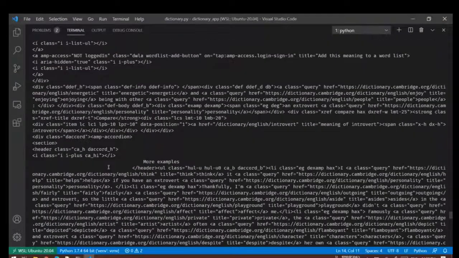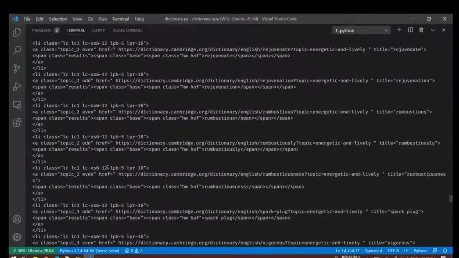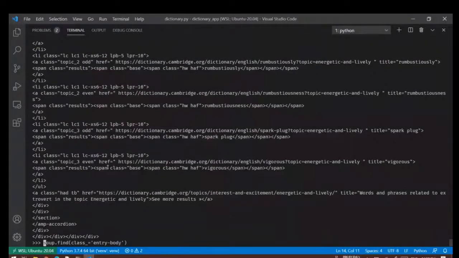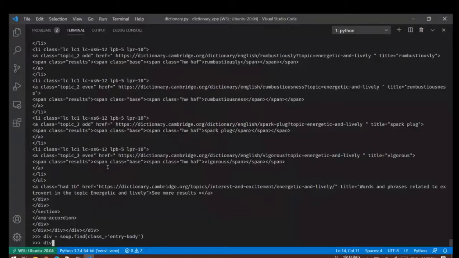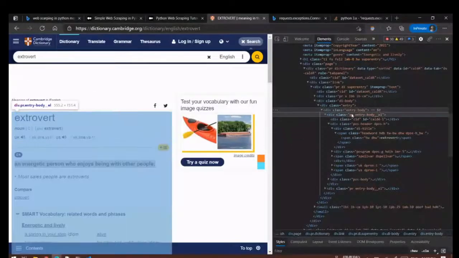So this is our div that we actually are interested in. So I'll basically save it in a variable called div, and then div is another soup object in itself. So now I can say find, and here we can find the word and its meaning.